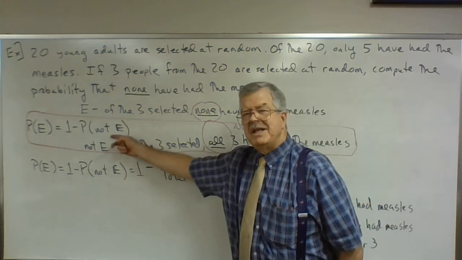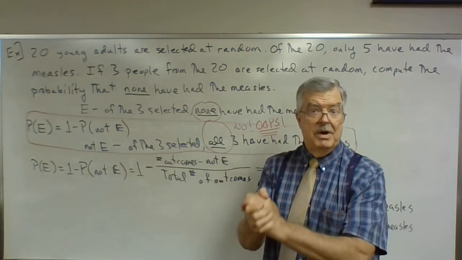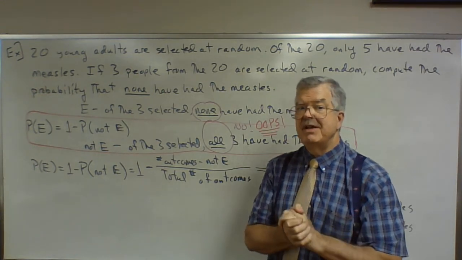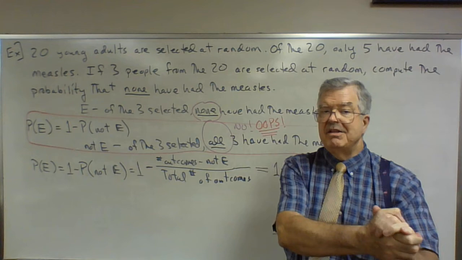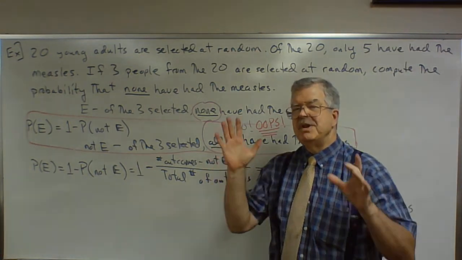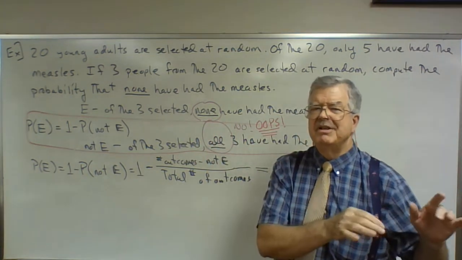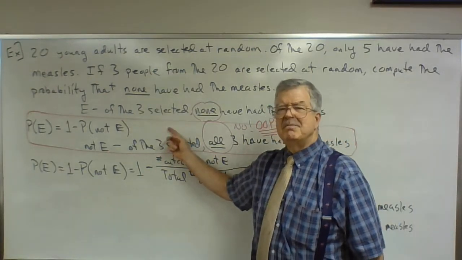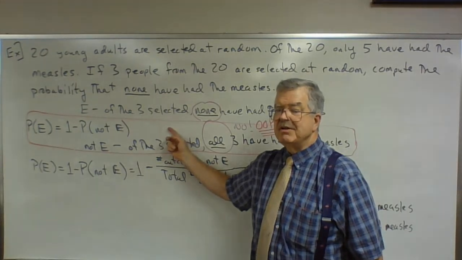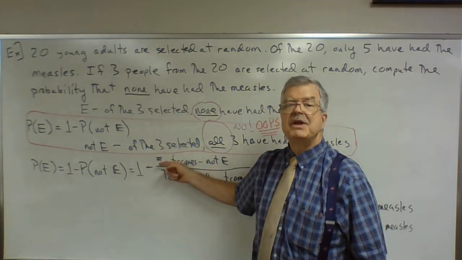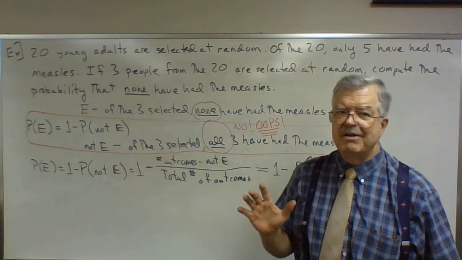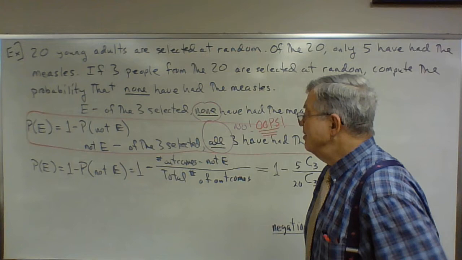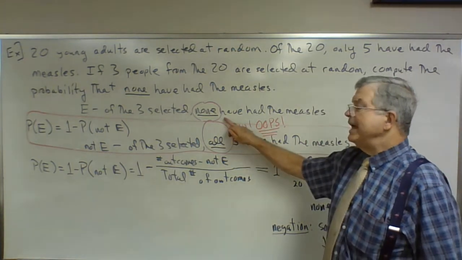The event not E involves one person could have had the measles, or exactly 2 people could have had the measles, or exactly 3 people could have had the measles, and we'd have to figure out all of those probabilities and add them up. So the way we just did it was incorrect. And even if we correct things, it's going to be a fairly hairy exercise to compute. But the bottom line again, and the mistake that we made here,